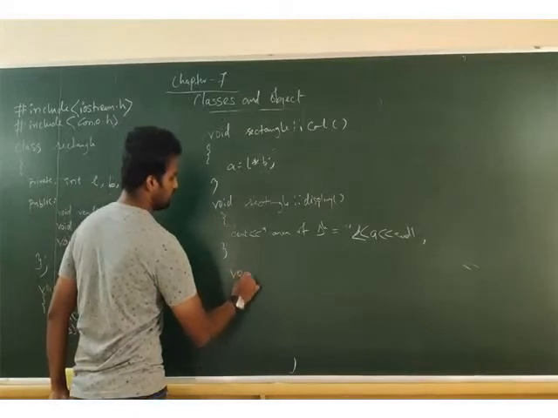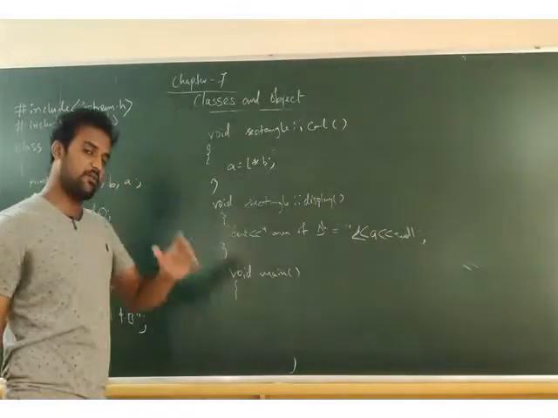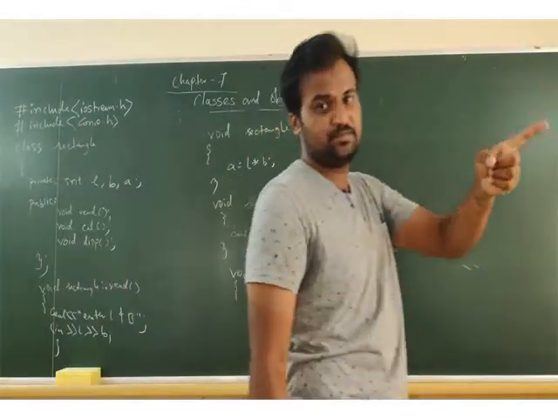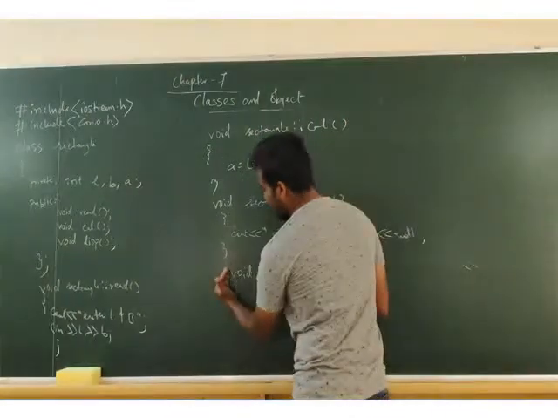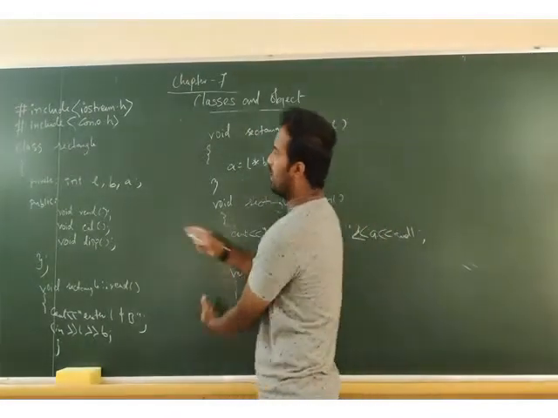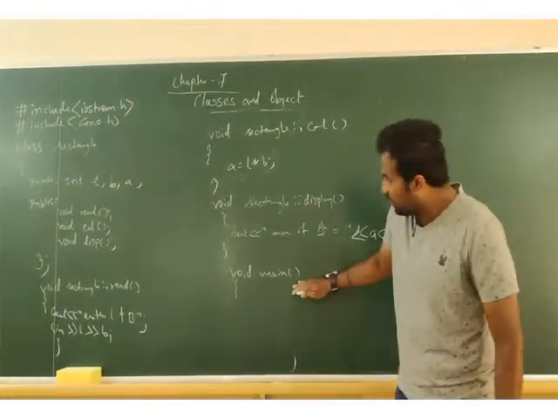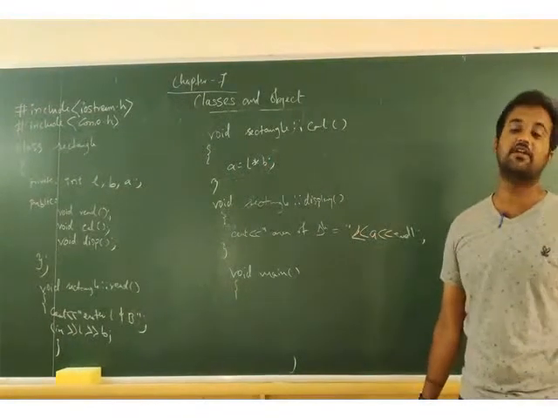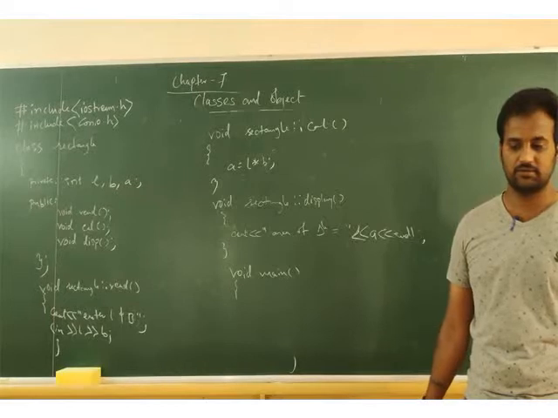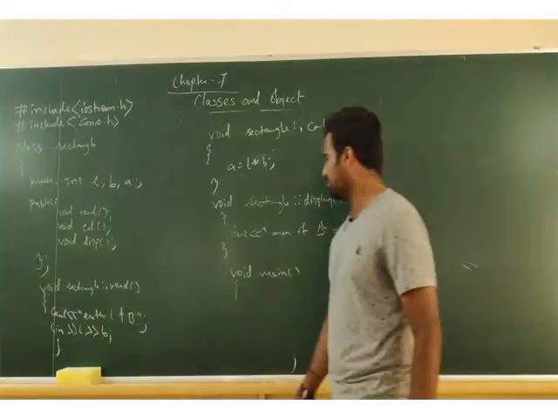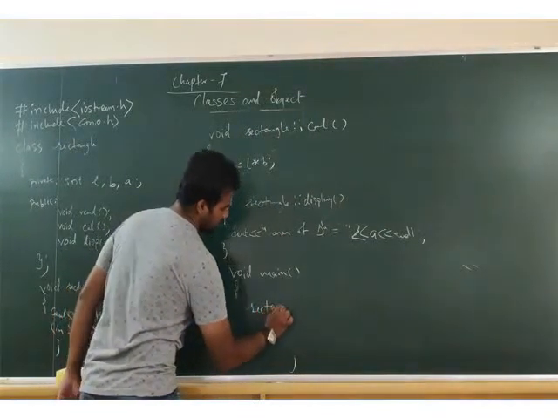Now let's write void main. See here, last time I was telling you about the bottom up approach in the 6th chapter. Bottom up approach means this we are going to write at the bottom, whereas upside we are going to write all this. From here to here it will exist. That is called the bottom up approach. Now see, we have to create an object. Rectangle R.